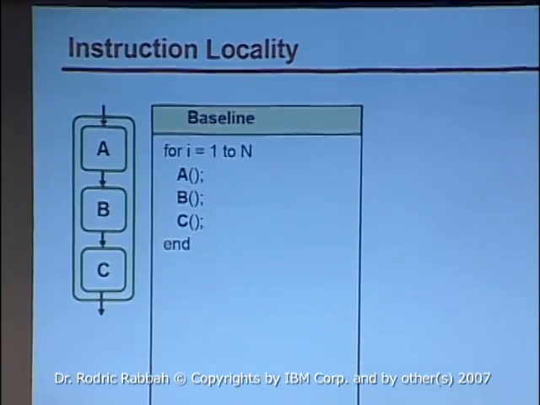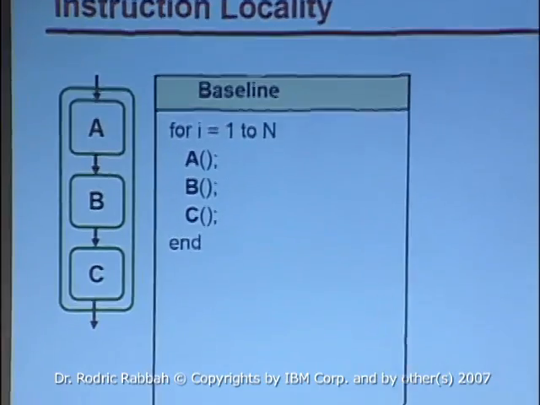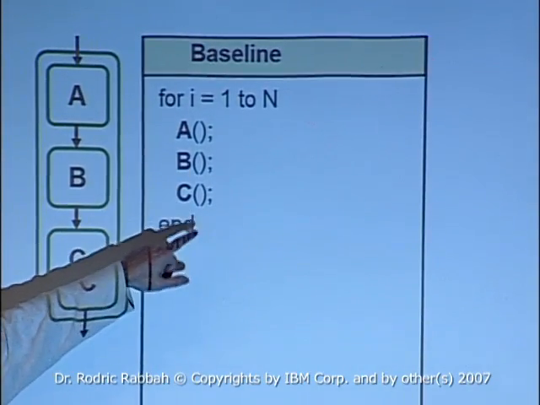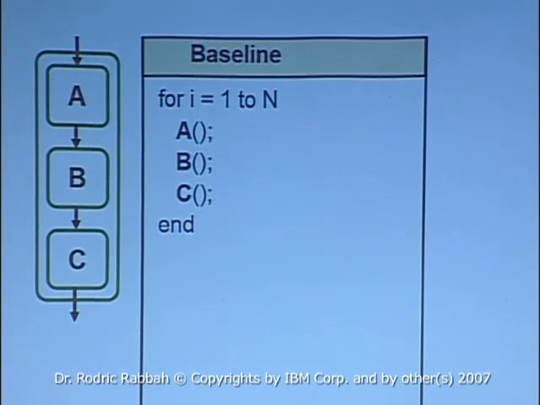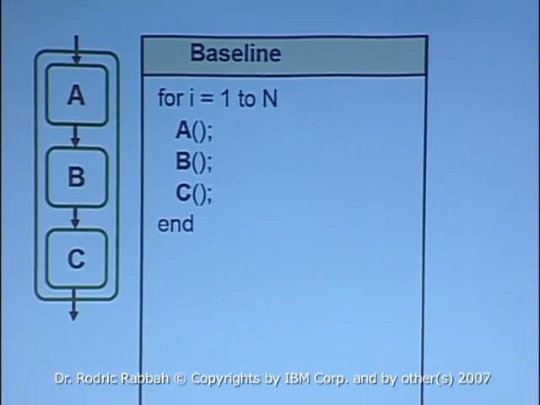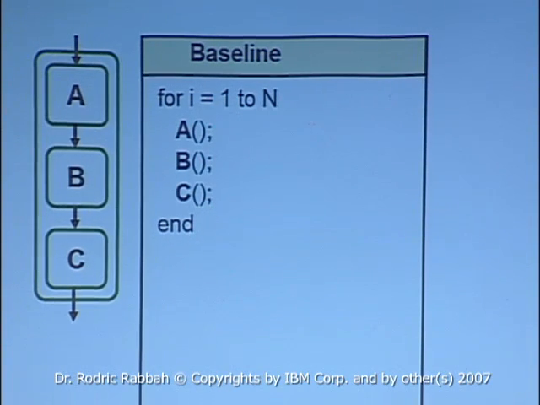Let's say I have a loop, and in this loop I have some code embodied in some function A, some code embodied in some function B, and some code in some function C. The values produced by A are consumed by function B, and similarly, the values produced by B are consumed by C. So this is a general data flow graph that you might have for this function. Let's say all the data could go into a small array that I can use to communicate